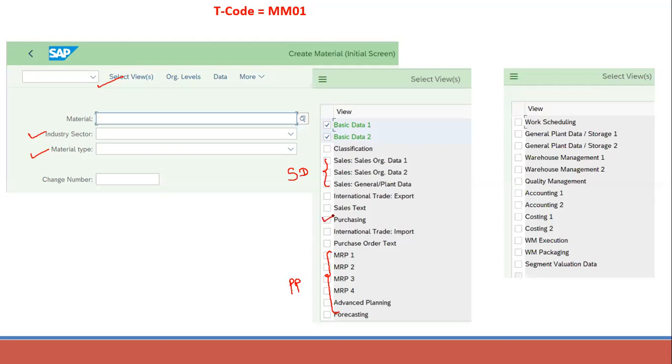For procurement, we require the purchasing view. If we don't maintain this view, then we cannot create a purchase order. This is required for procurement related activity. Then the accounting and costing view is required for finance. Then there is quality management. Like that, we have different views in Material Master.